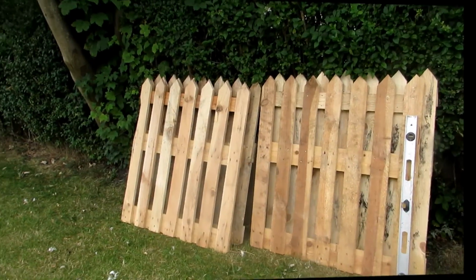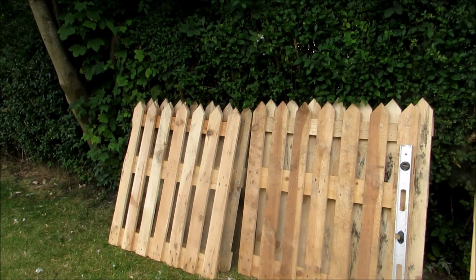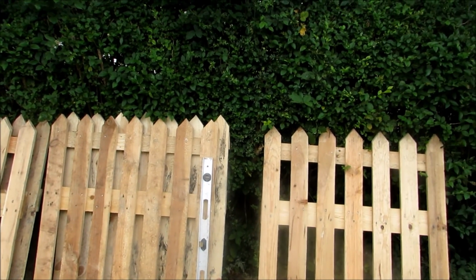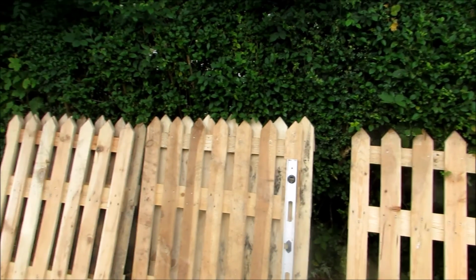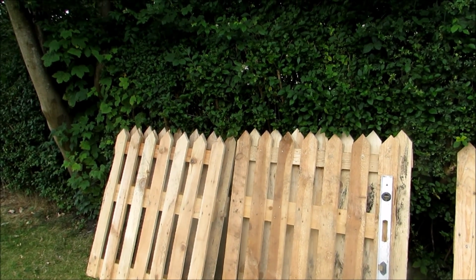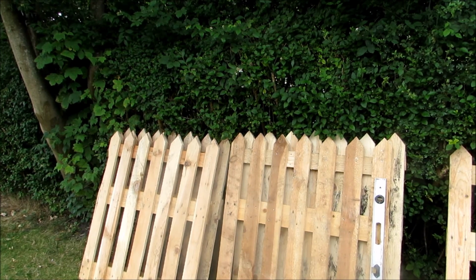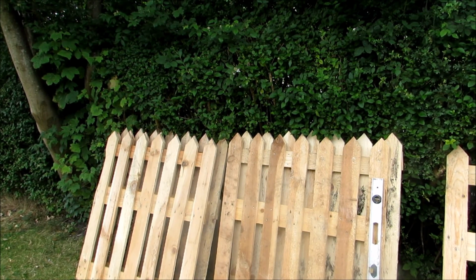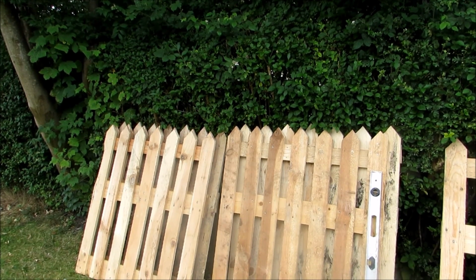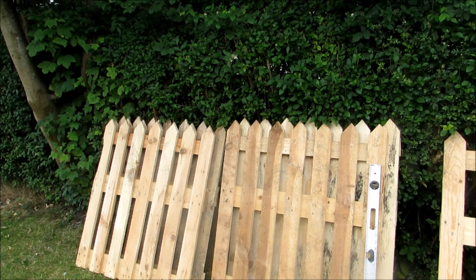Now my husband's made 6 of those panels there. I think we'll need one more to complete the job, because we make a gate in it, so the gate will be slightly different. It'll be a little bit more substantial for the gate because it'll be used a lot, open and closed. So plenty of hinges on it